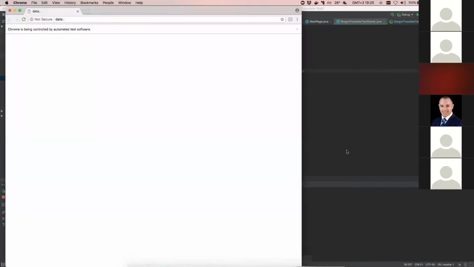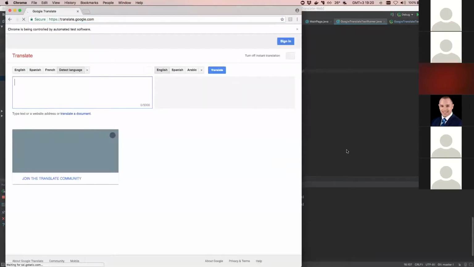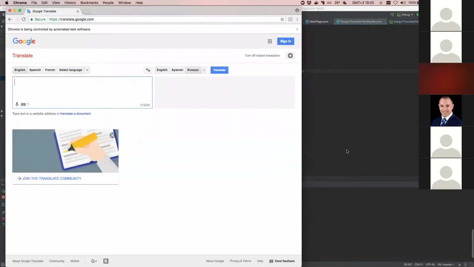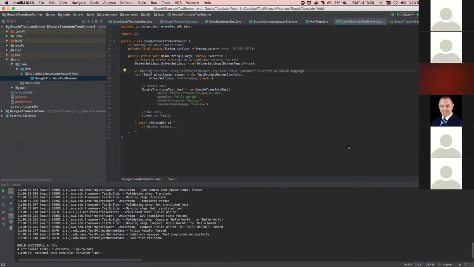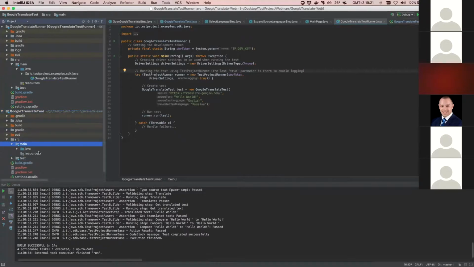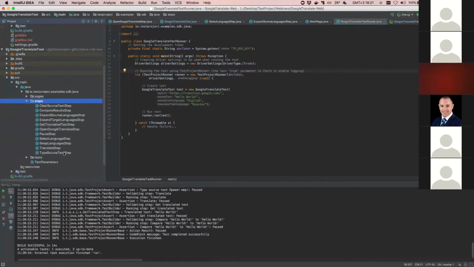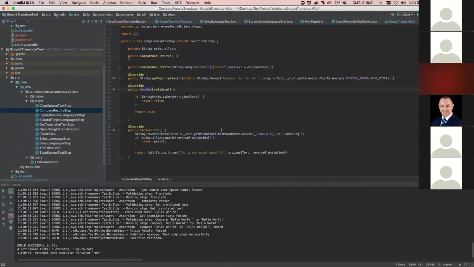So let's go ahead and try to execute it. If I use the debug option, you can of course put breakpoints into the test, and you can debug it live while it's being executed. So at this point, we'll just execute it using the run option, and you will see that at some point a browser will pop up. This test will run, input all the information, and translate it in one direction, then in another direction, and eventually compare the results. So it compares hello world with hello world,